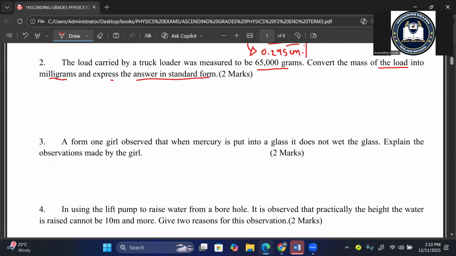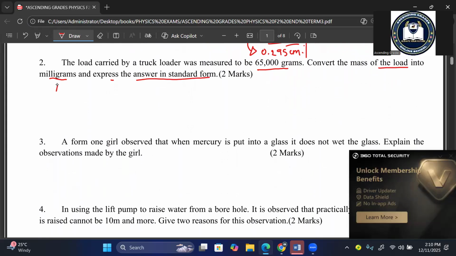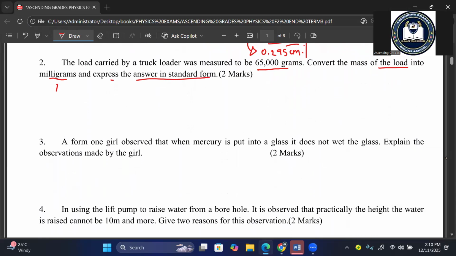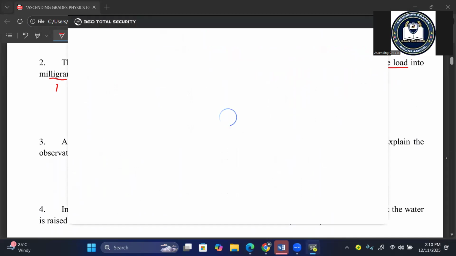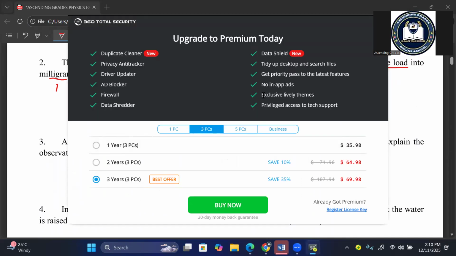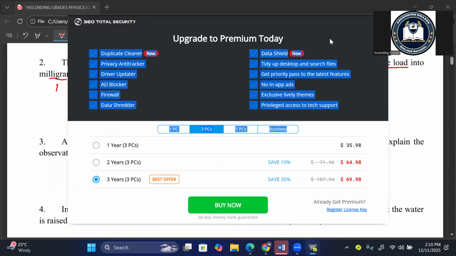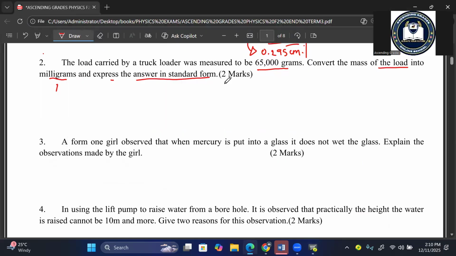So 1 gram is equivalent to 1,000 milligrams. So what about the 65,000? So this becomes